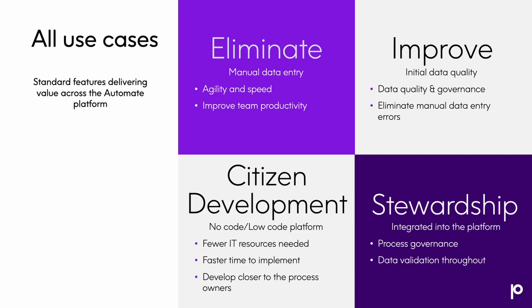The citizen development aspect of hyperautomation, where you're putting the automation development actually closer to the processes and closer to the people who own the process and own the data. So working within the business gives you a significant amount of efficiency for how that is going to get deployed. And then I mentioned stewardship throughout. So you've got both the data stewardship that we talked about, as well as governance that can happen for that process governance and visibility and all kinds of various things that really drive value across and throughout your organization.